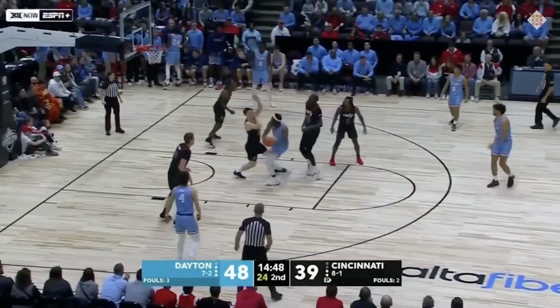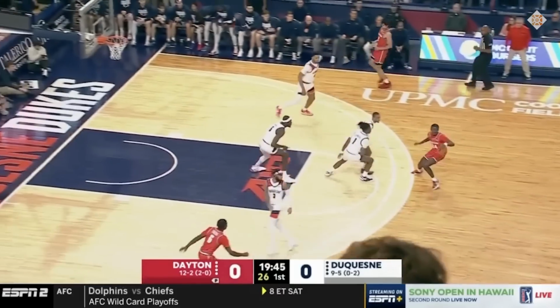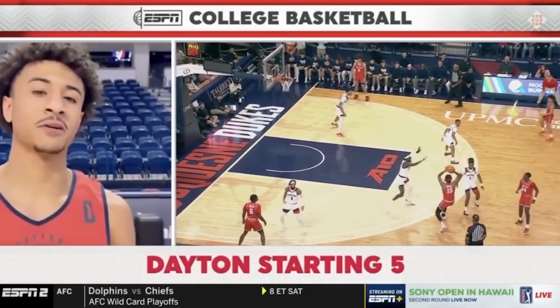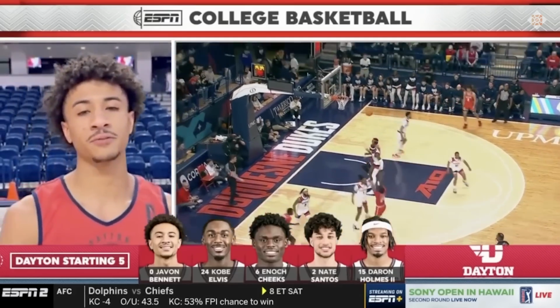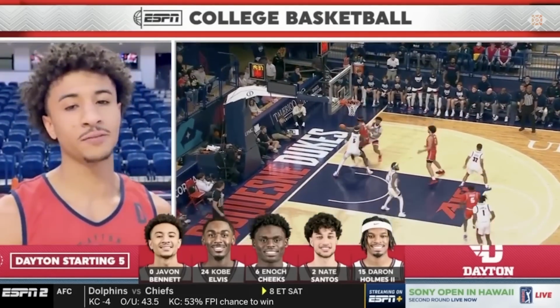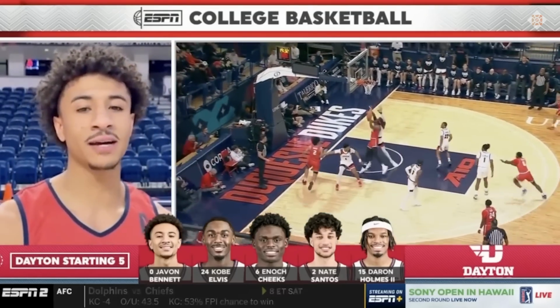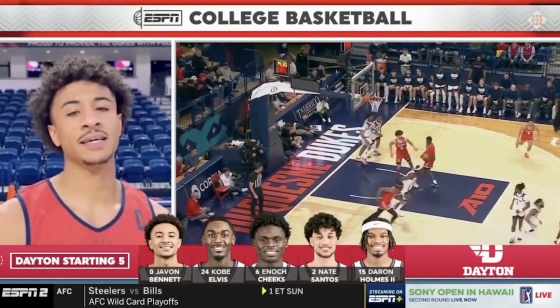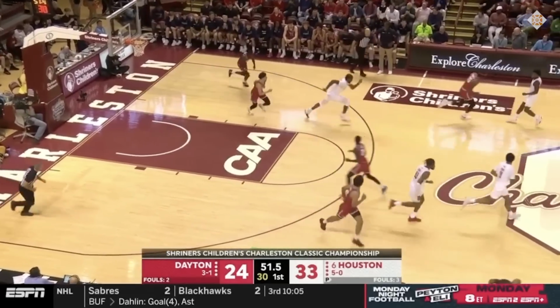Going ahead though, I'll be more focused on whether Holmes can fulfill what I call the basics of being a big. By that, I'm referring to some things that he already does actually. For instance, screening and rolling with a consistent motor, although Holmes can still stand to be more physically imposing. I also mean rim running hard and early, which should be way more prevalent for DaRon going forward rather than